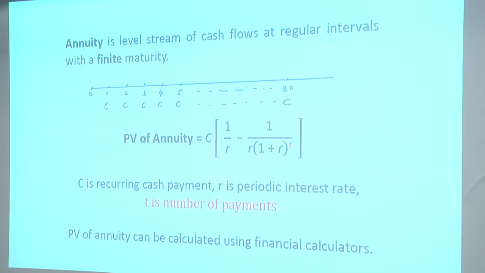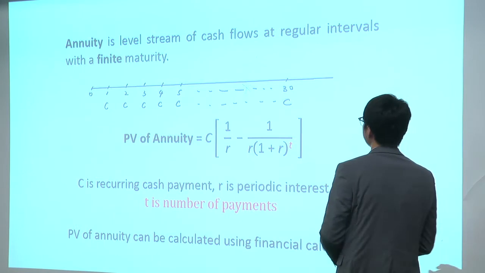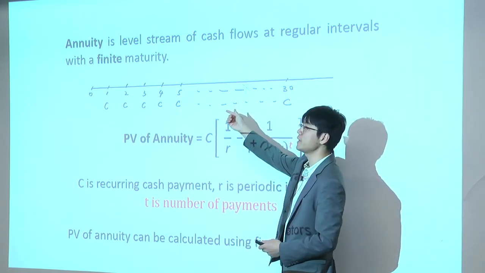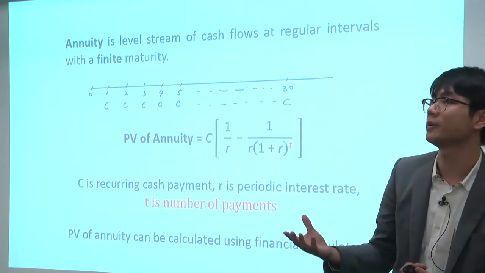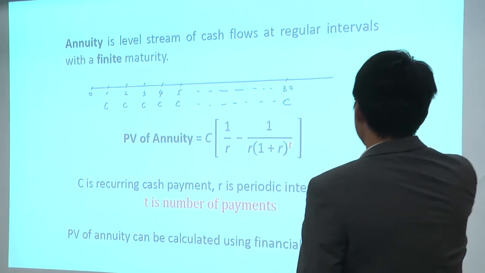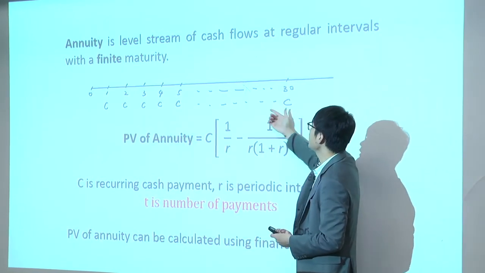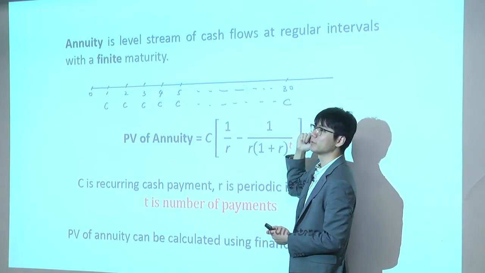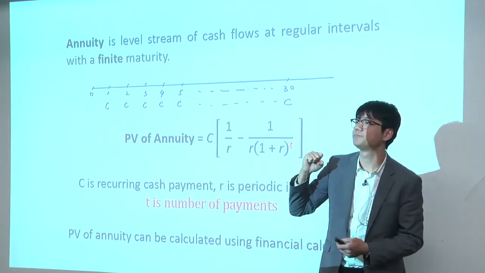So here, I'll introduce 2 specific assets first. First one is the annuity. Annuity is a very standardized and simple asset. The annuity gives you the same cash flow every year for a certain amount of years. Here the 30 is arbitrary, I made it up. It could be 20, it could be 40. So we want to calculate the present value of the annuity, but when we're calculating it, we're basically calculating what? The present value of each of these cash flows and adding them up, okay?